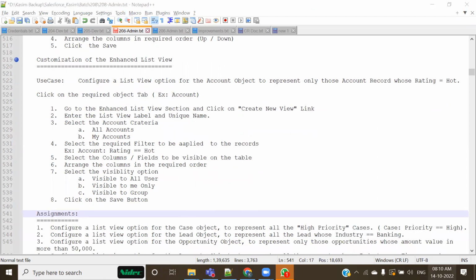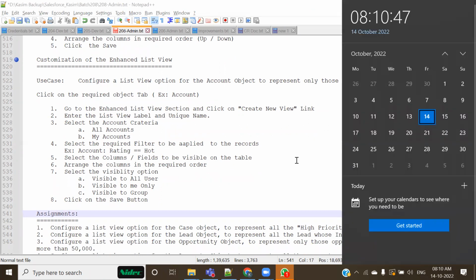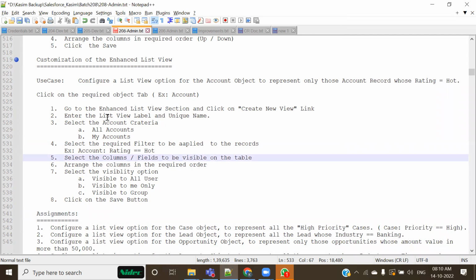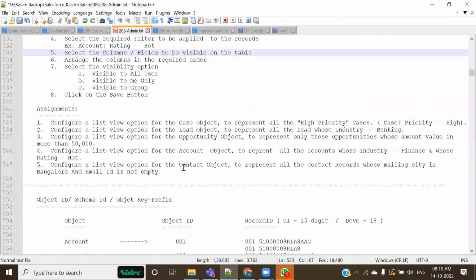So today is Friday. Next lecture would be on Monday. And from Monday, we are going to start with the list view customization. And there,